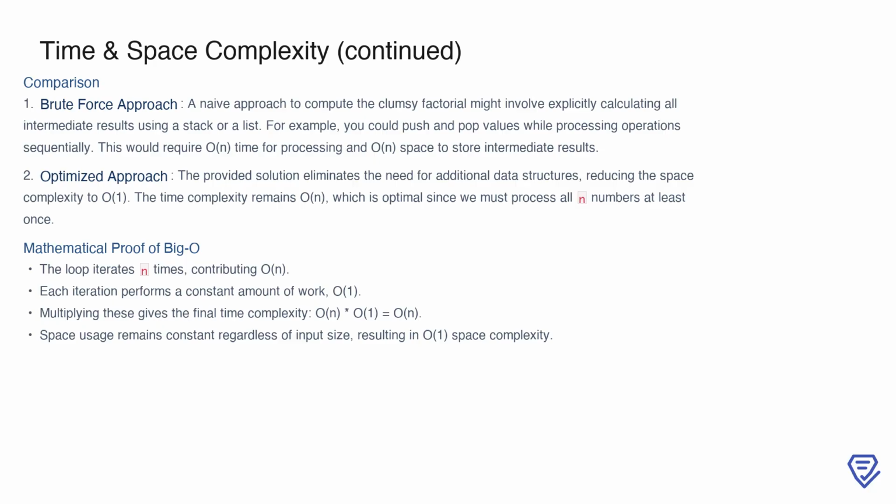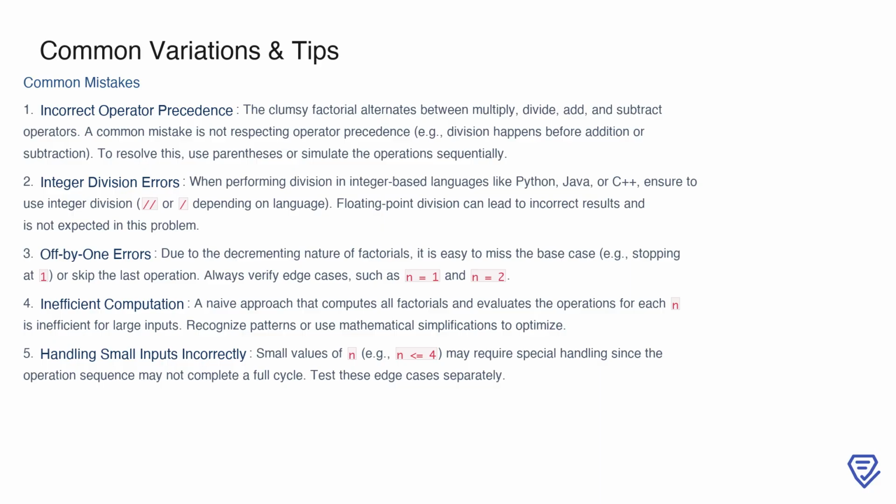When working on the Clumsy Factorial problem, there are a few common mistakes to watch out for. One frequent error is misunderstanding operator precedence. Since the sequence alternates between multiply, divide, add, and subtract, failing to respect the order of operations can lead to incorrect results. For example, division must be performed before addition or subtraction unless you use parentheses to enforce the correct